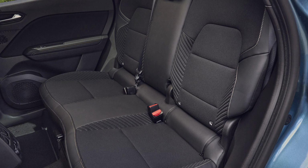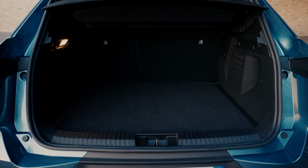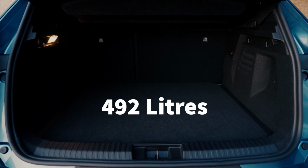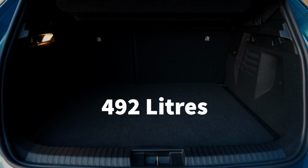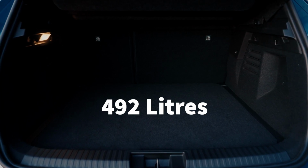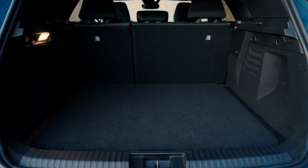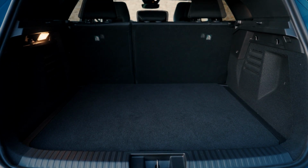Right, let's have a look and see what the boot is like. So, opening the boot to the new Symbioz, and you are welcomed to 492 litres with the seats up, but if you slide the seat bench forward all the way, you get 624 litres. If you fold the seats down, this increases even more to